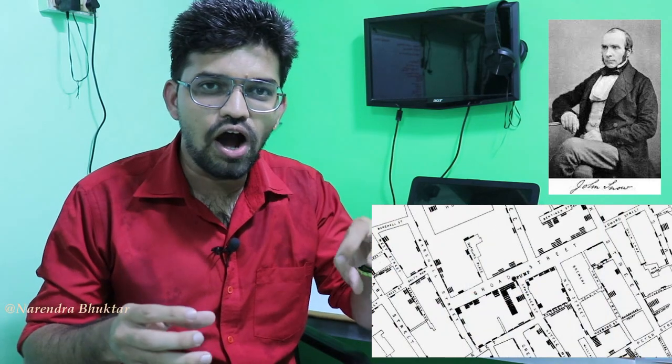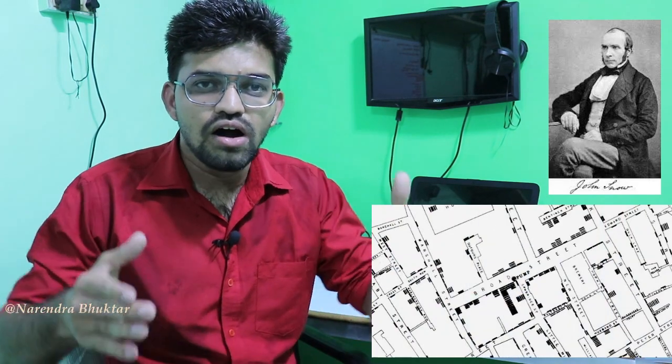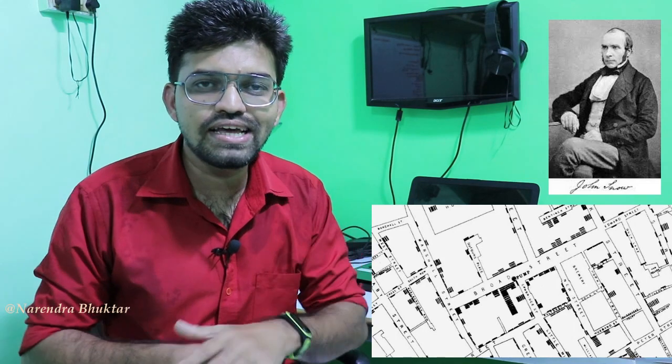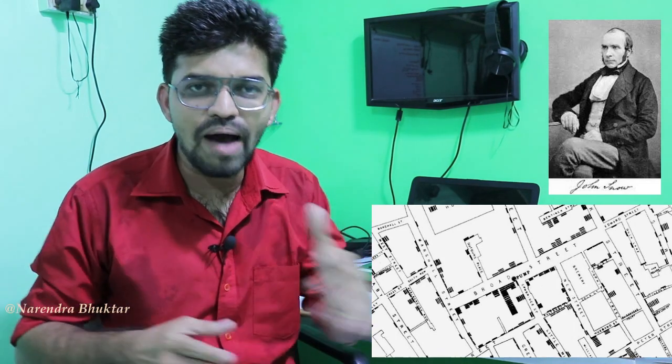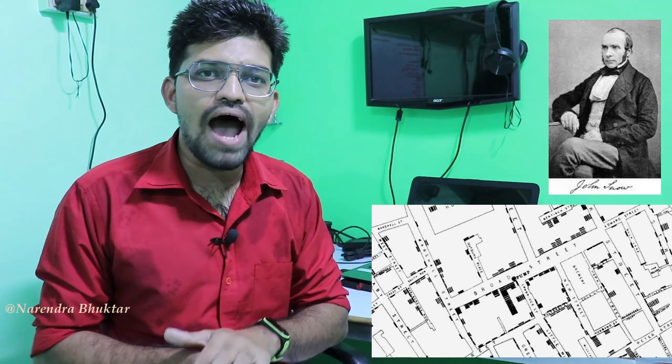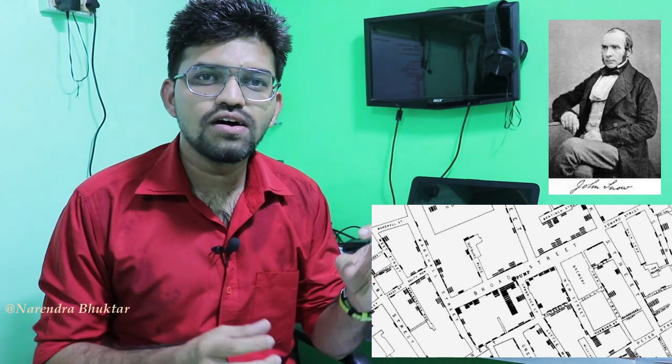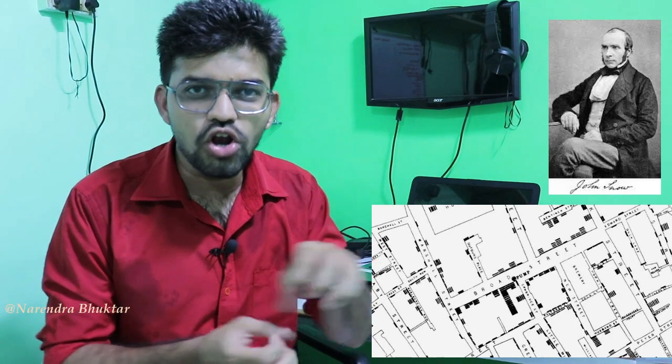Guys, let me tell you another example. GIS was first developed in 1854 in London during the cholera outbreak. Over there, John Snow, a physician, prepared a map with the different roads and apartments. It was the first map he prepared, and on that map he marked the concentrated regions of cholera.